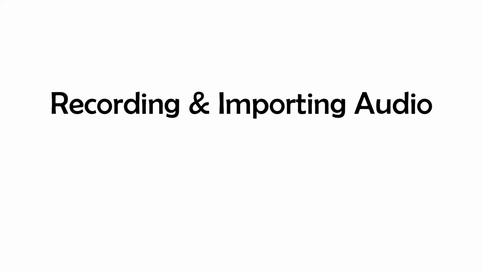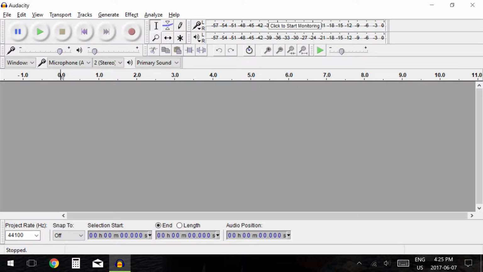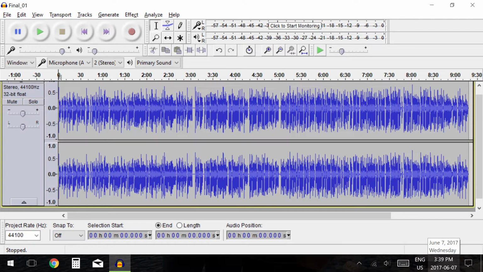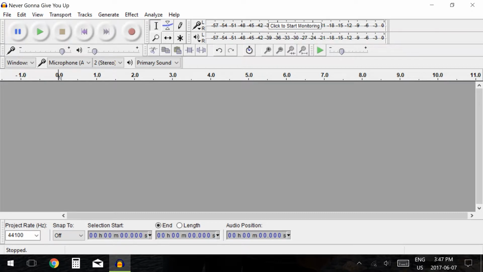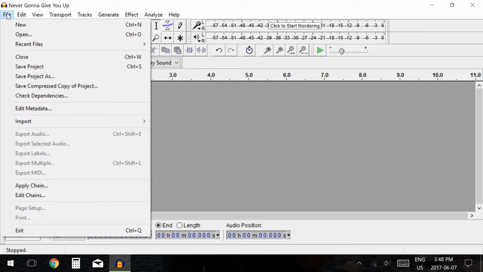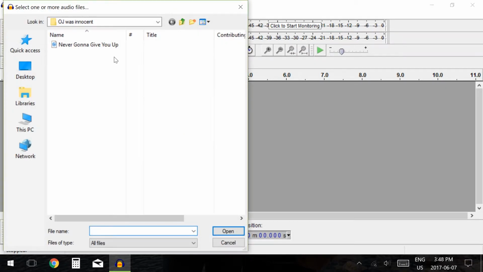Recording and importing audio. When you come into Audacity, the first thing you will need is audio. There are two main ways in which you'll be obtaining your audio. The first will be importing existing audio that you have saved on your computer. To do this, simply go to File, go down to Import, click Audio and select the file you wish to